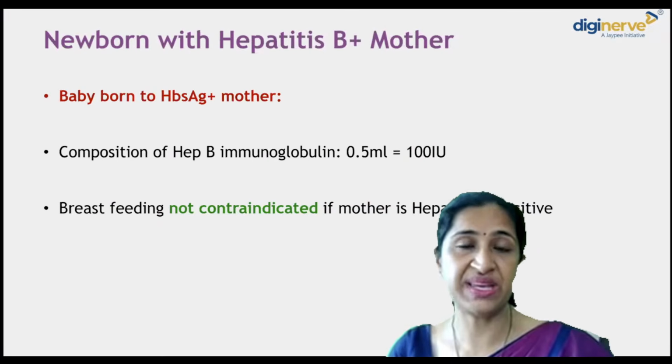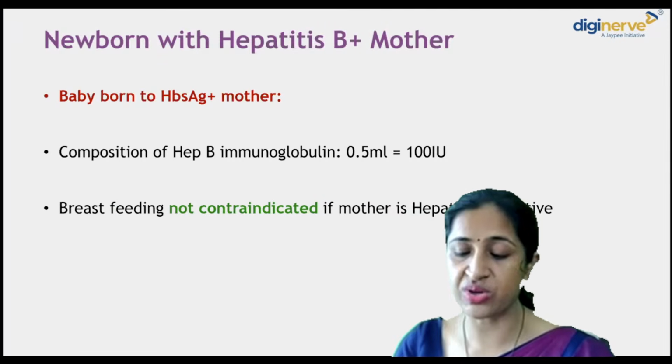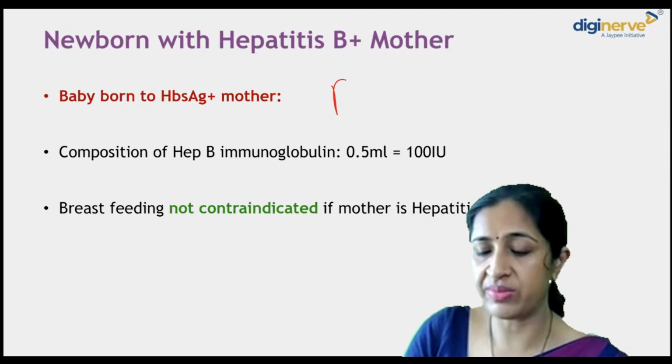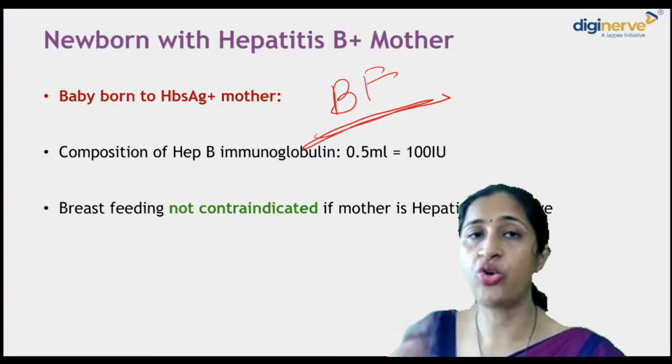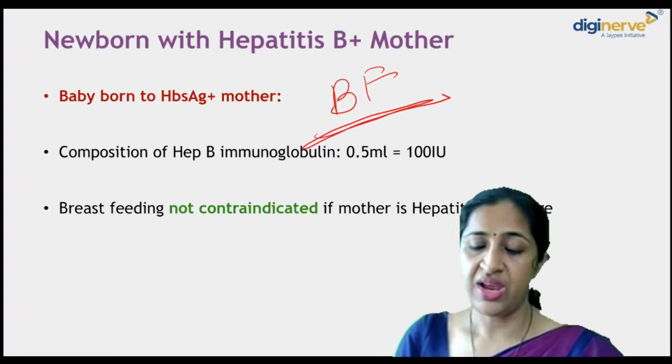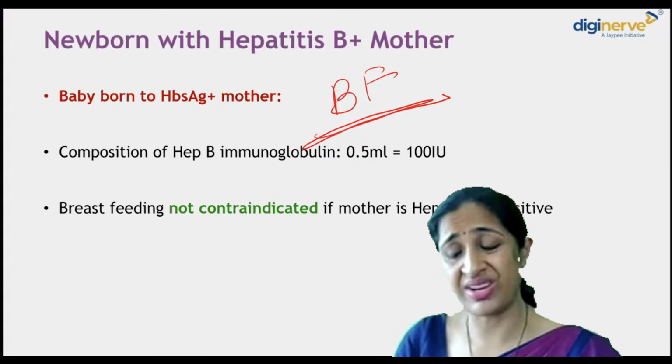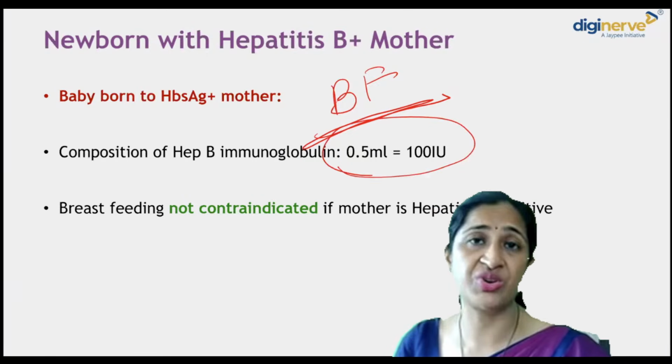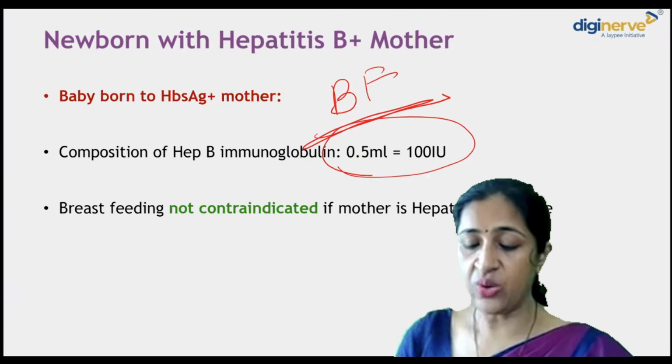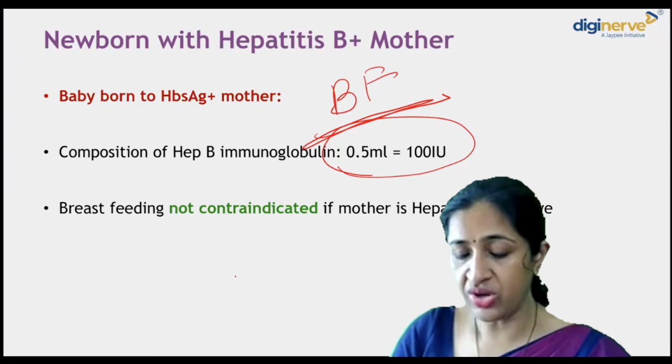Coming to hepatitis B, baby born to HBsAg positive mother, what is it? You are going to breastfeed. No contraindication. Okay. Composition of hepatitis B immunoglobulin, very important. You should know 0.5 ml is equal to 100 international units. How is it important? You are going to give one